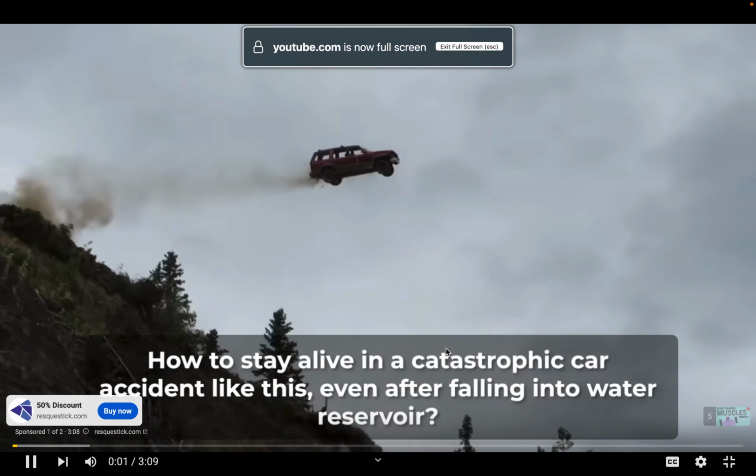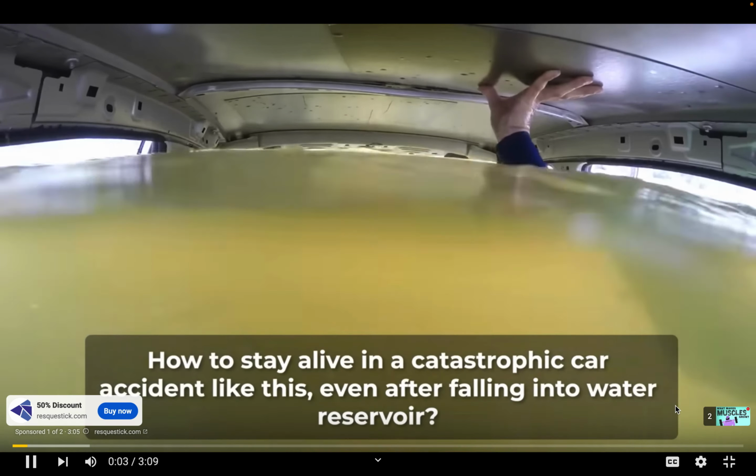How to stay alive in a catastrophic car accident like this, even after falling into water reservoir. Oh my. A fatal